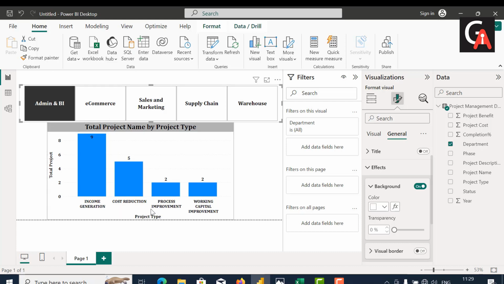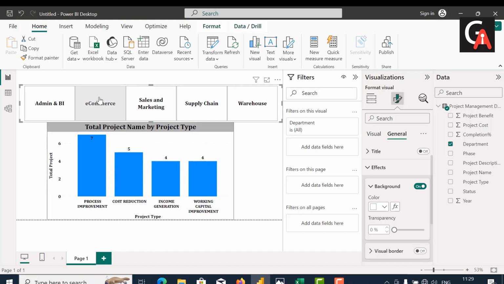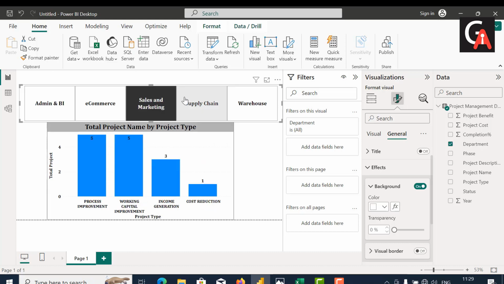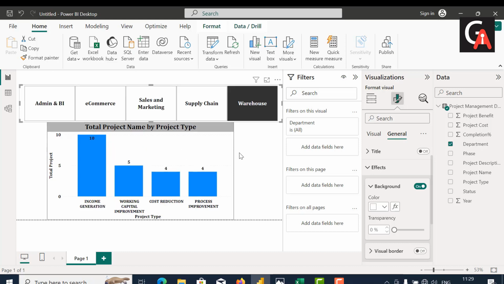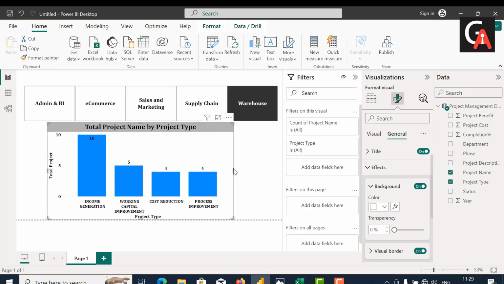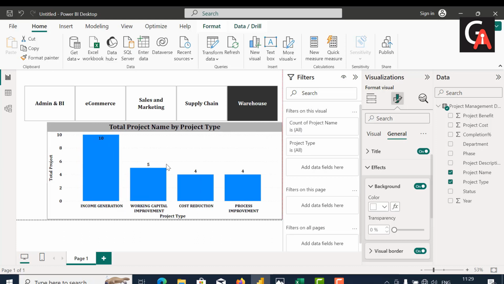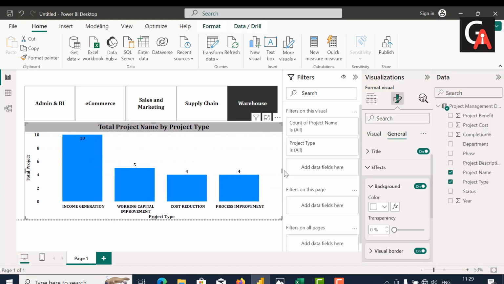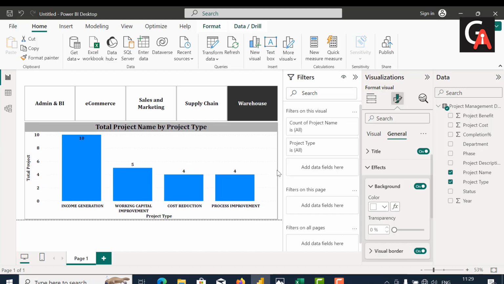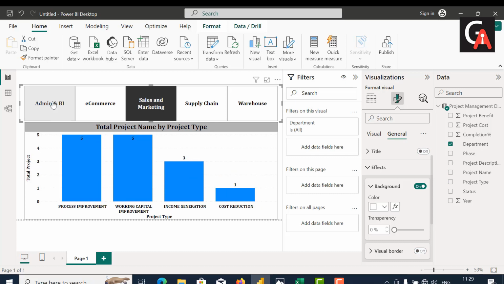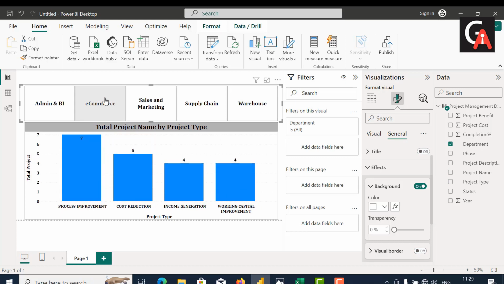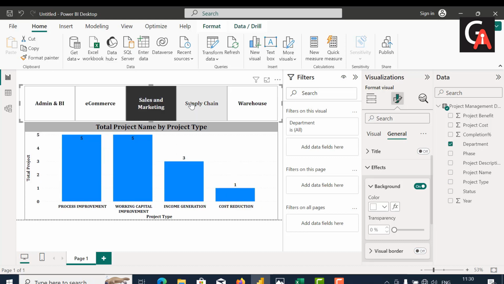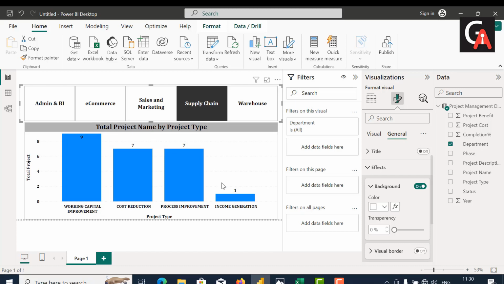Okay, so it's showing the projects based on the department selection, like e-commerce, then sales and marketing, supply chain, warehouse. I just make it a little bit bigger also, so it looks better. Yeah, it's fine. Now it looks better. When I selected the admin, then e-commerce, then sales, then supply chains, you can see the graph already changes